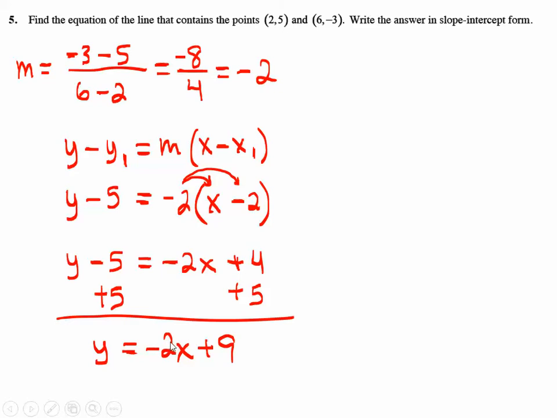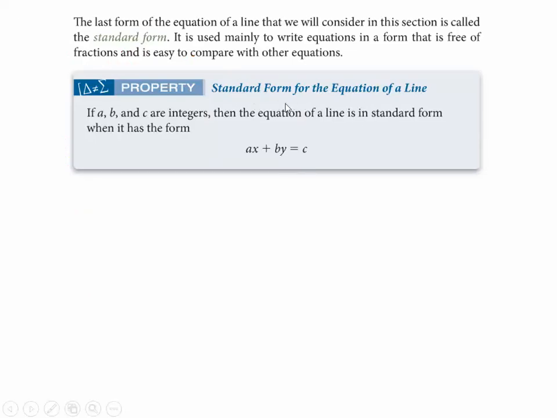Alright, so this is called slope-intercept form. Slope-intercept form, y is equal to something, and the formula is given on this side. But remember that we sometimes are given x and y both on the same side? There is a little special form to it, and it's called the standard form. Standard form is when you have x's and y's both on one side, and you just have the constant term on the other. We use this